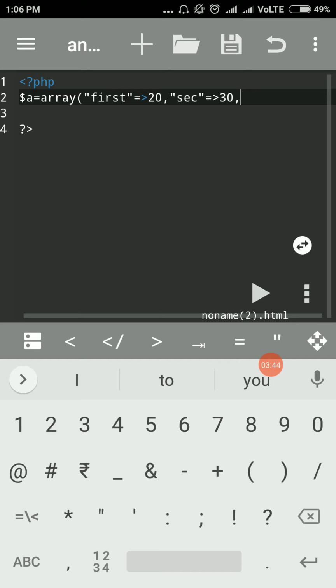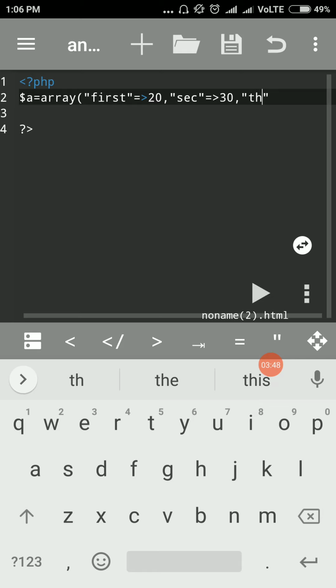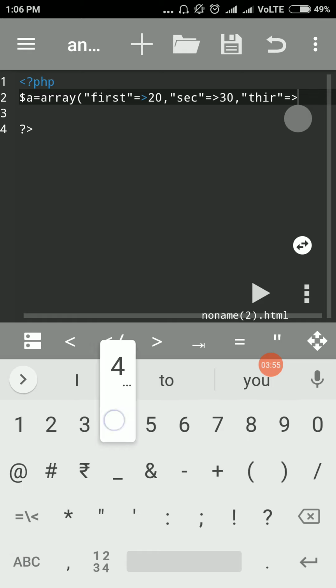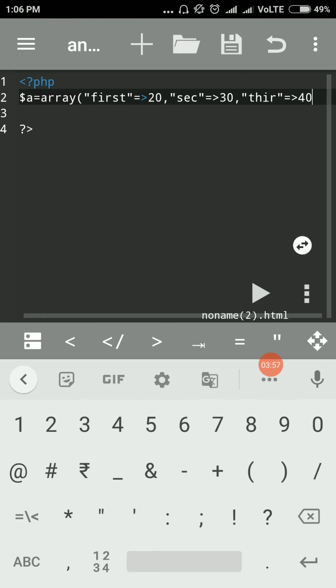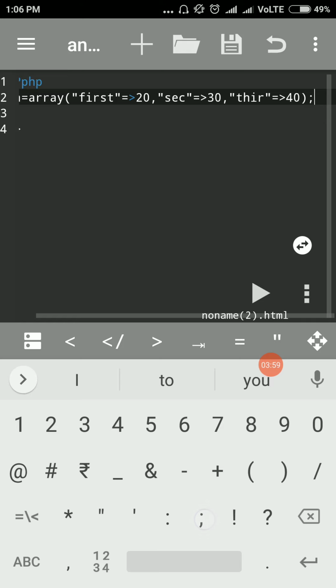Okay, and then we take again third, the shortcut here, and then arrow, and that third value is suppose 40. Okay, so bracket complete and then semicolon.